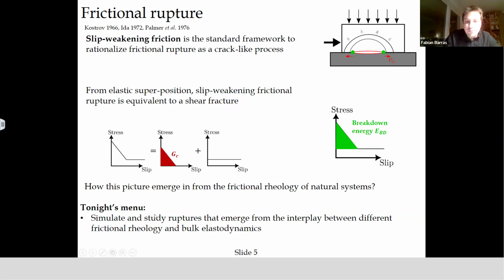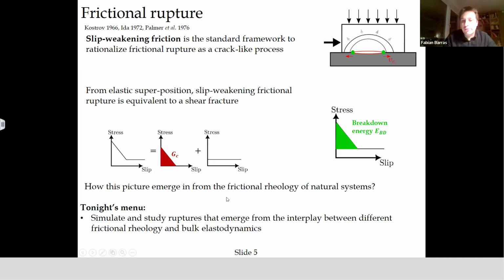And the approach that I will follow, and that I have followed to study this, is to run numerical simulations, where I typically couple macroscopic bulk linear elastodynamics that drives the propagation of the rupture, where I have stored elastic energy. And at the interface, I will use a frictional constitutive law. If I would use slip weakening friction, basically I can verify that I extract the fracture energy that I predicted. But what I will do and show you tonight is what happens if instead of this,